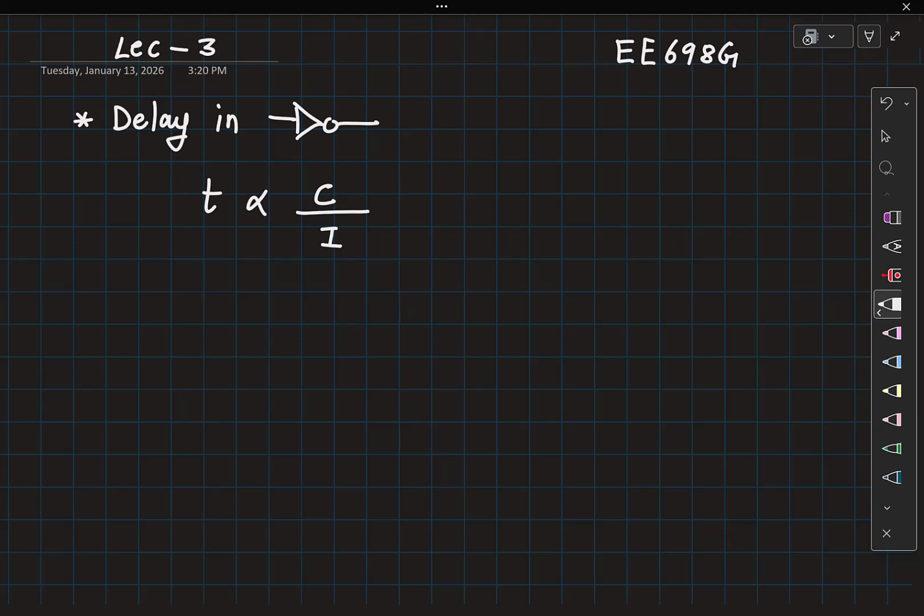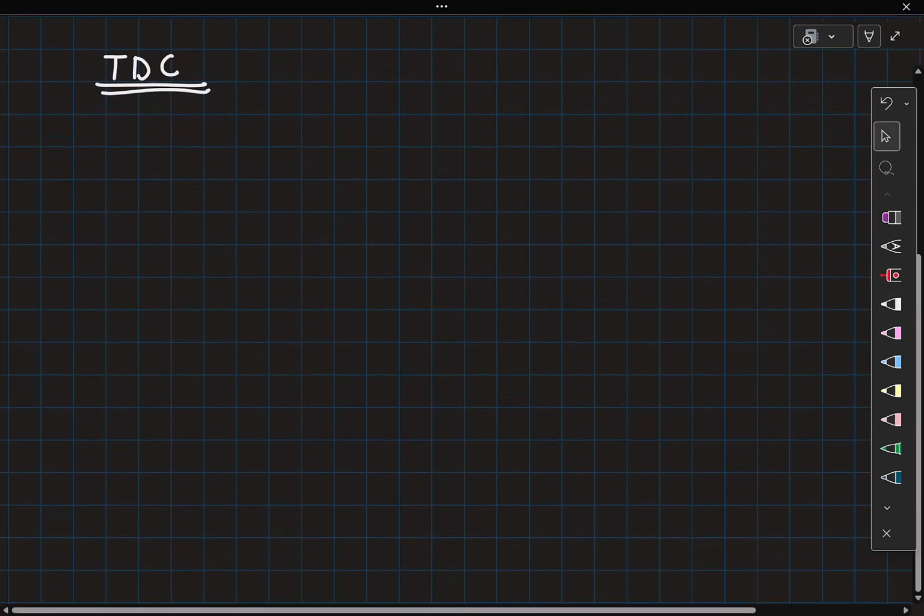And once you have a CMOS inverter or any inverter for that matter, you can create a buffer, and from there you could create a delay line. Right? Then we started looking at a time to digital converter or a TDC. I had given you a specific problem to think about, right?